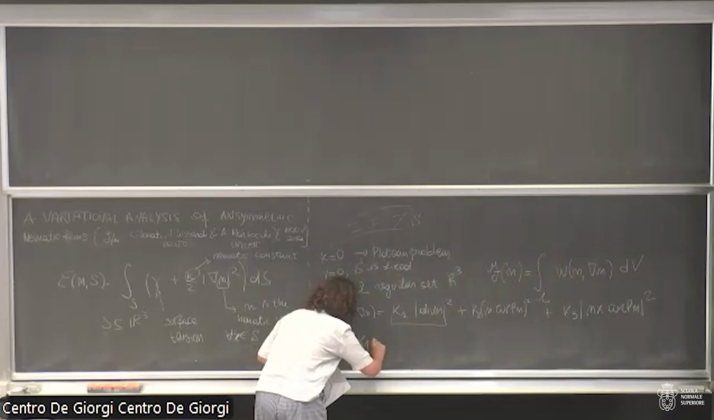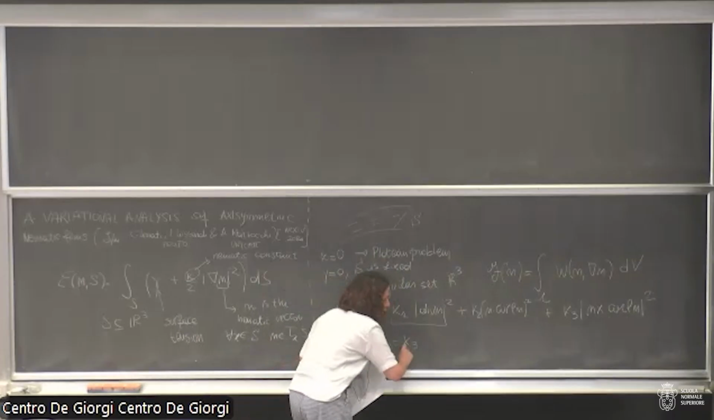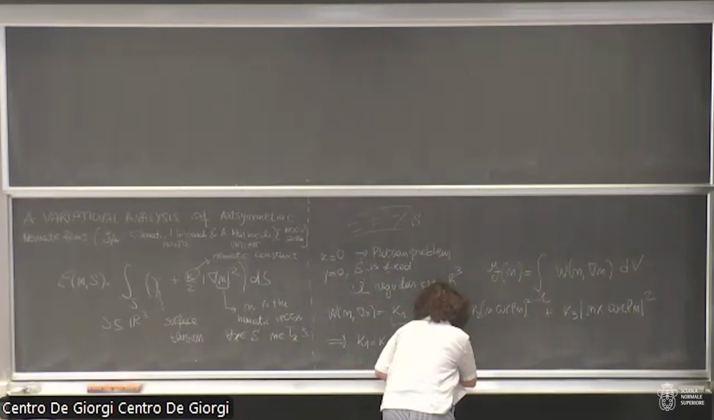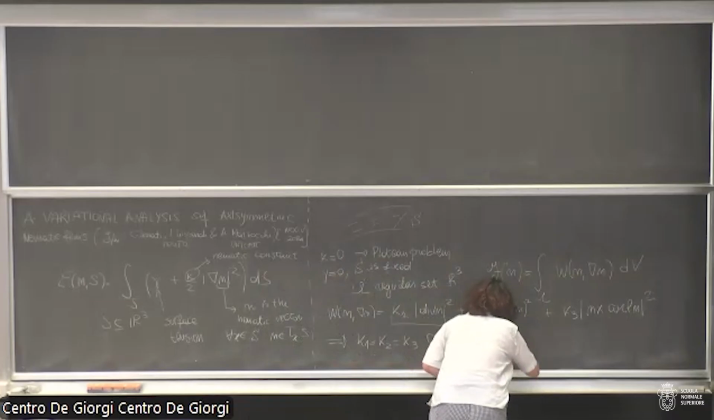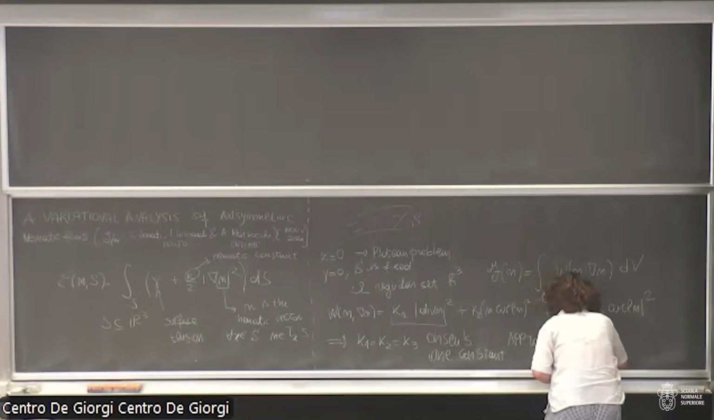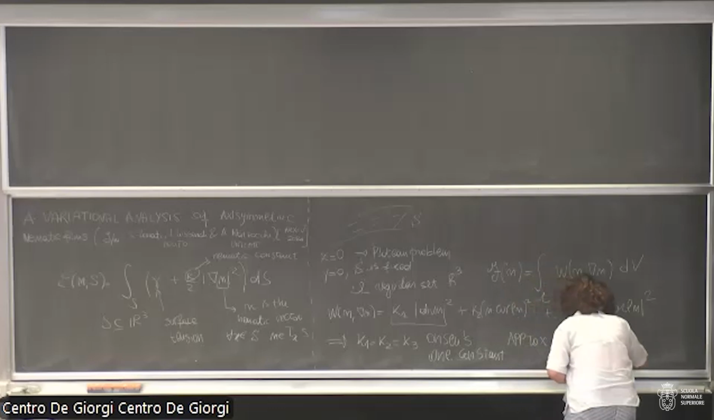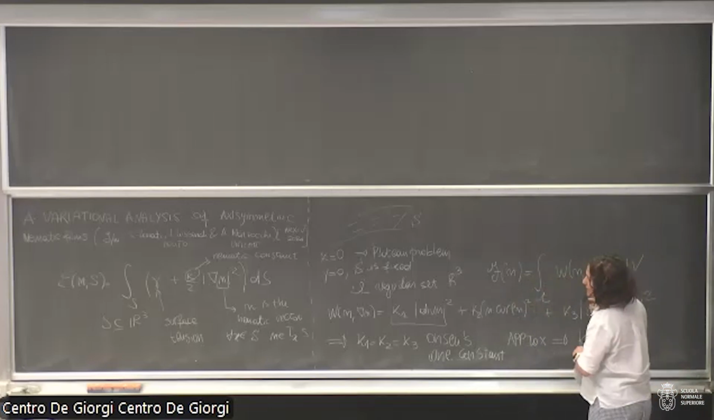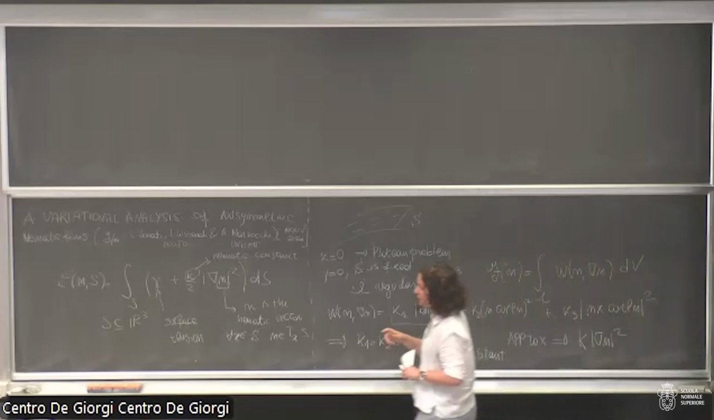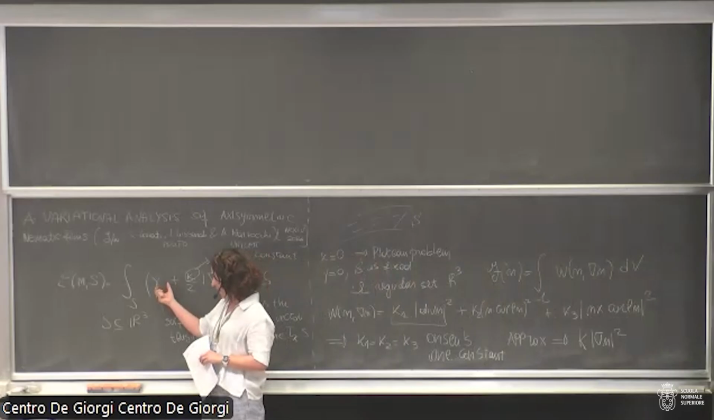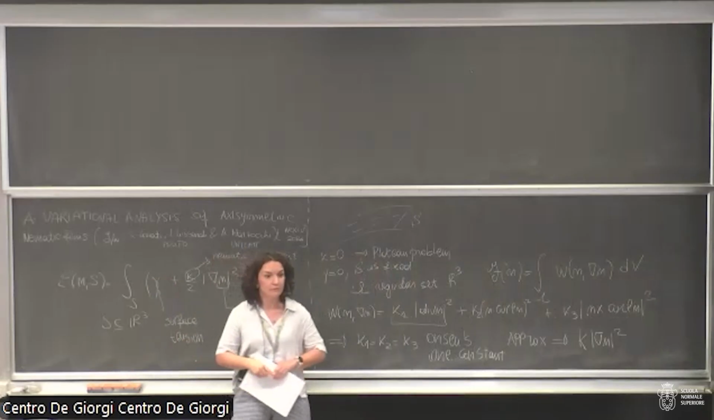If you take K1 equal to K2 equal to K3, then you can get the Oseen approximation, the one constant approximation, and the energy reads as K times the gradient of n, the gradient of n squared. So in some sense, this energy comes from the interplay between the area functional